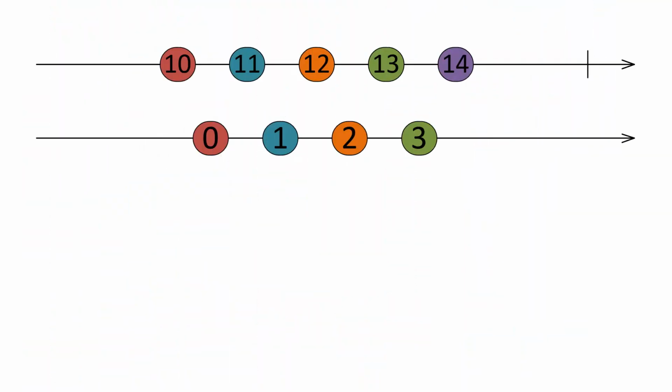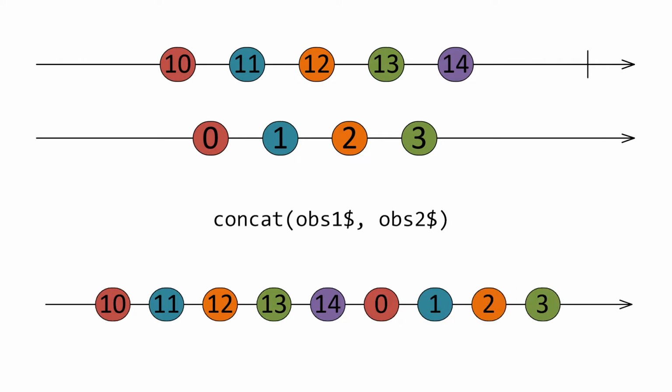But again, if we want that on a diagram, we can have the two observables. So we've got the of first and then we've got the interval second. And we can see very simply, we've just got the interval put on the end of the of. So that's how that works. But we can see it now starts to be important whether things terminate or not, because it can, with certain operators like concat, have a big difference on their behaviour.